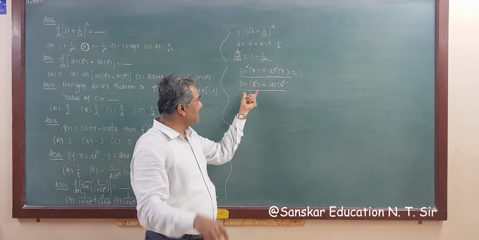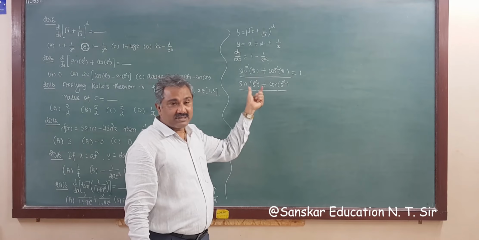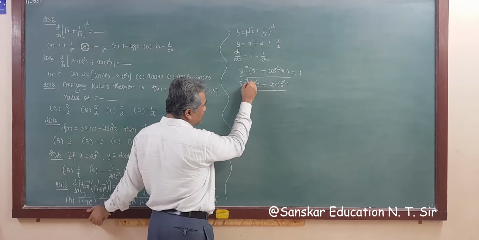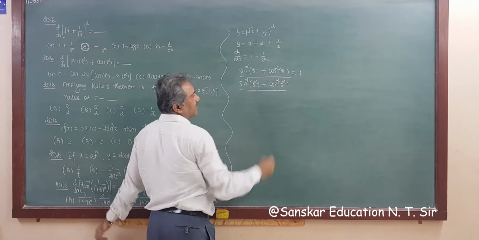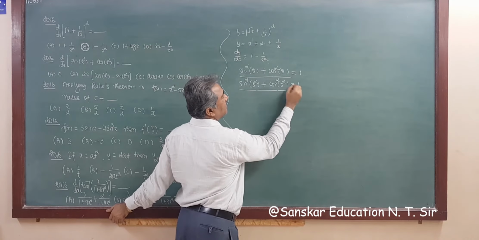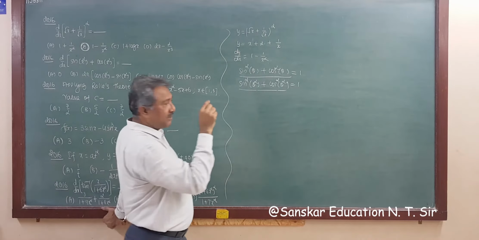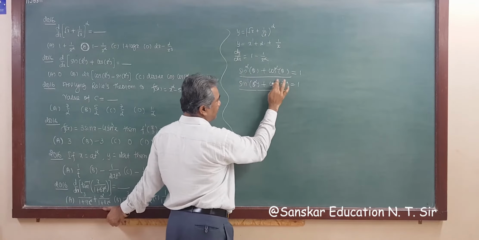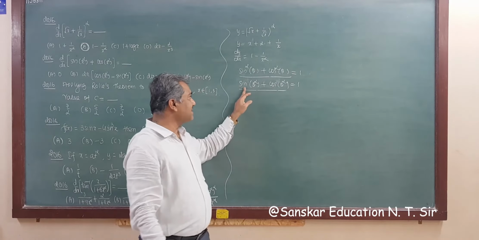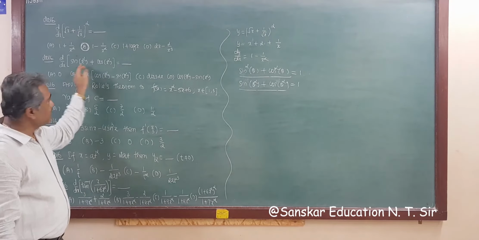But if you wish to put the answer of this as 1, then that is wrong, right? Because that is not the given identity. If we put 2 here, then again this is also an identity and the answer of this is also 1. Right? So understand the difference between these two. This is your identity: sin square theta plus cos square theta is 1. But this is not sin square theta plus cos square theta. So instead of theta, here x is given. So this is not an identity.